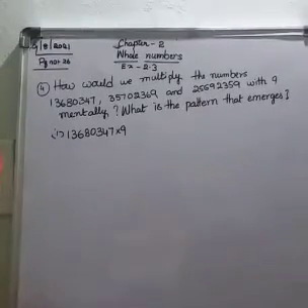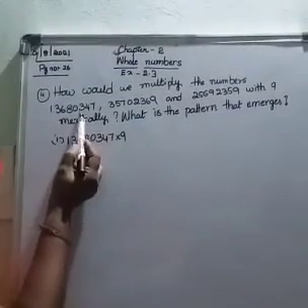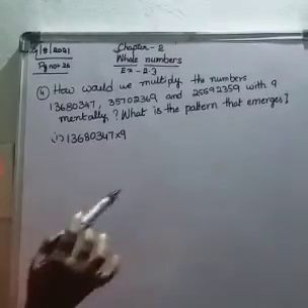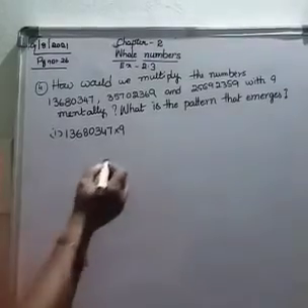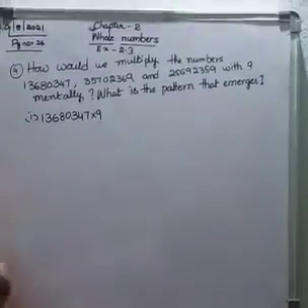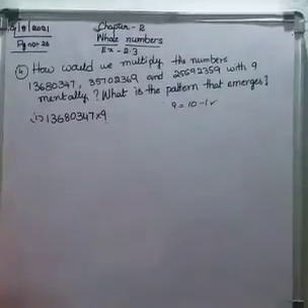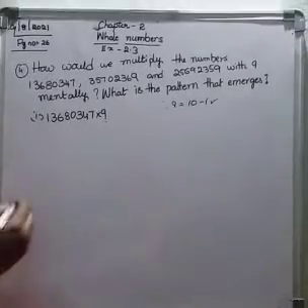Here one number is given for us. How many digits are there first? 1, 2, 3, 4, 5, 6, 7, 8. An 8 digit number to multiply with 9 mentally. So here 9 is there. How to write 9? 10 minus 1, right? When we write that, it is very easy to do. Pattern, complete pattern, very easy.